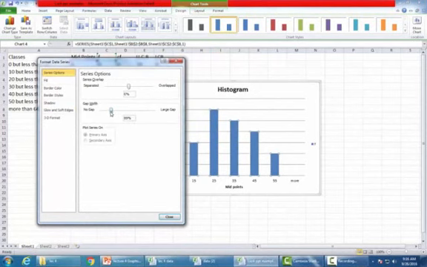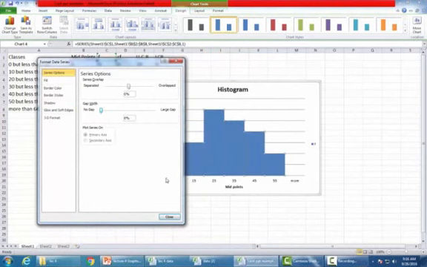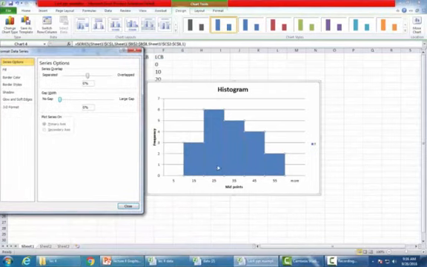For this we will go for no gap. When we go towards 0, we can see that the bars are